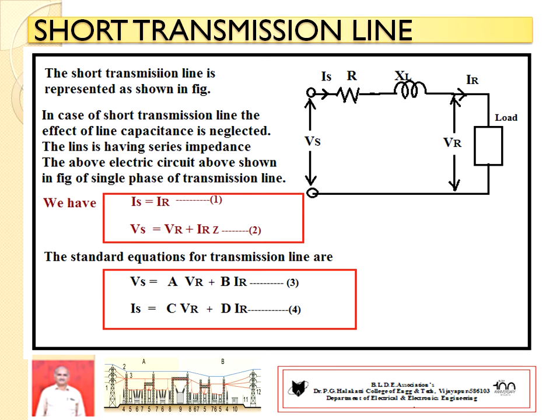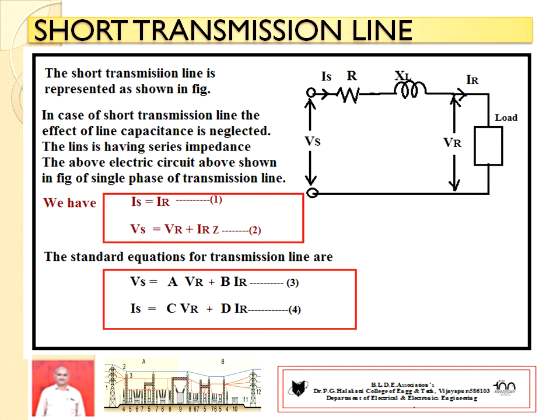Then we shall put the effort to find out ABCD parameters of different transmission lines. First, we have to discuss the short transmission line. Already we know the capacitance effect is very low and it can be neglected in the case of transmission line. And there, the given three-phase transmission line can be represented as the equivalent of a single phase AC circuit.